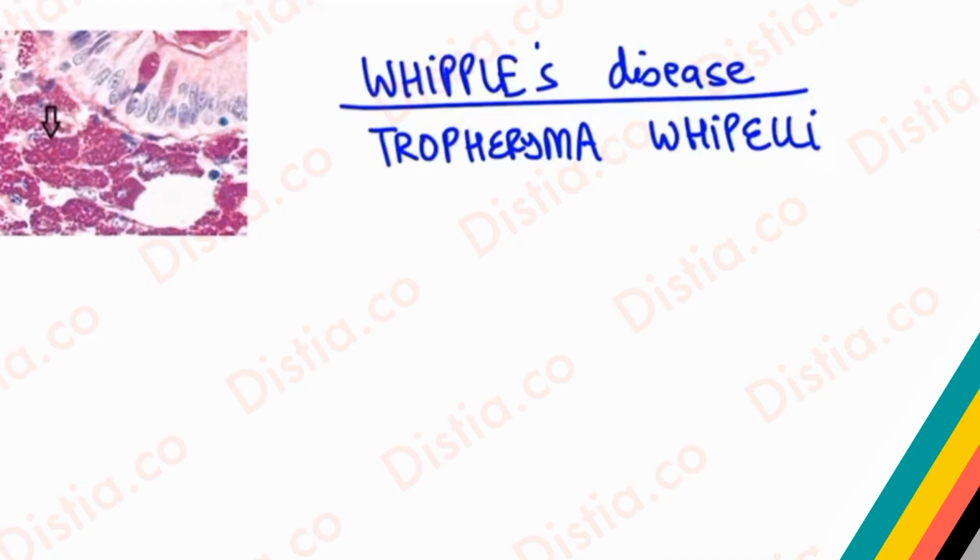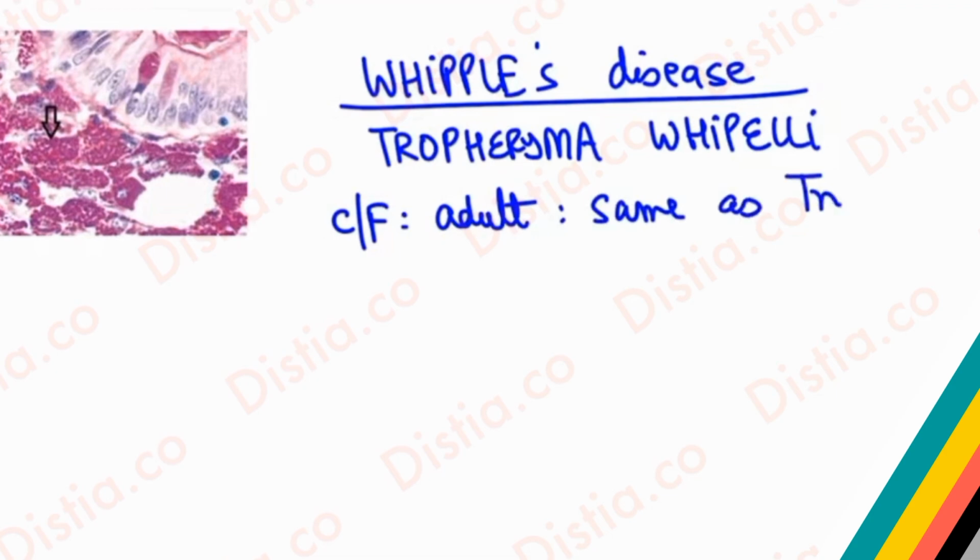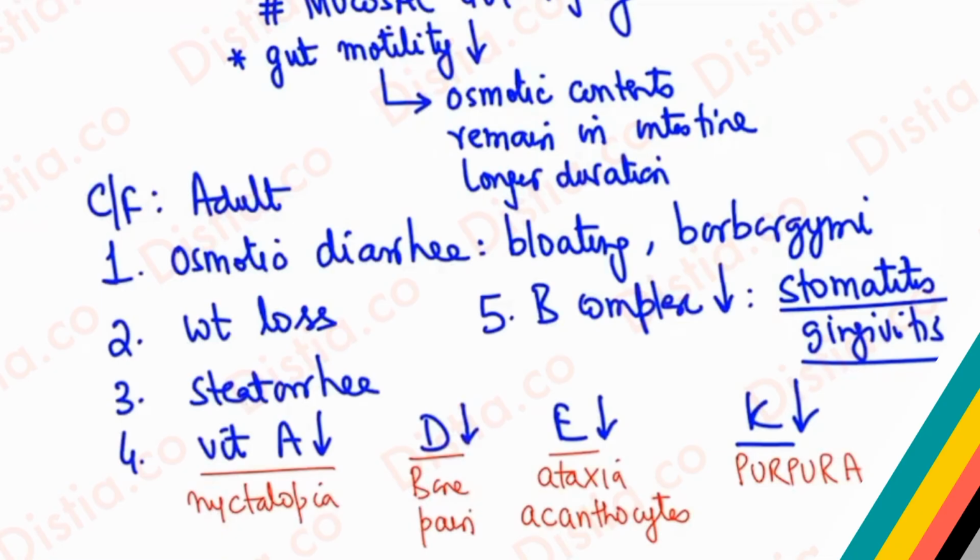Let's look at the manifestations that are caused here. The question will again describe an adult person with muscle wasting. He will talk about weight loss in an individual. So the manifestations are the same as those of tropical sprue. I can just bring that slide to your notice once again. What is the information that would be given? It would be standard information related to carbohydrate malabsorption and fat malabsorption. Now there are some additional pointers also that I want to highlight, but this is going to be the initial